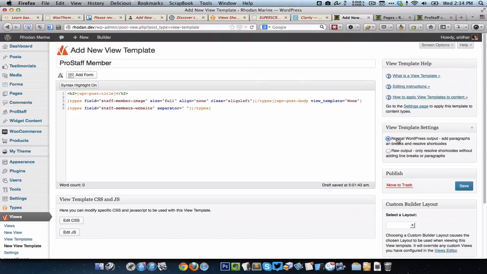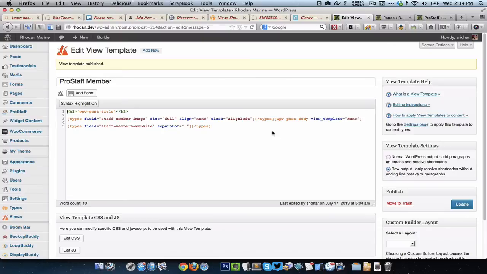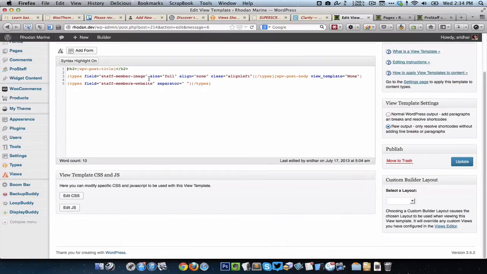When you leave it as the default, which is normal WordPress output, there could be some undesirable paragraphs and line breaks added. So I'm going to select raw output and click on save. Alright, so now we have the view template ready, and the next step is to go to Views and add a new view.